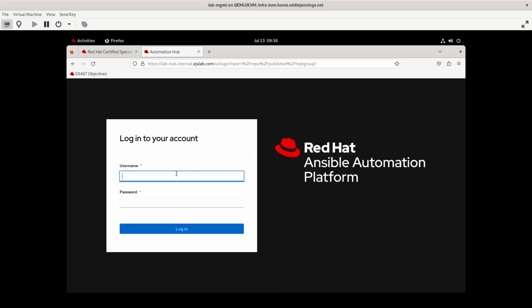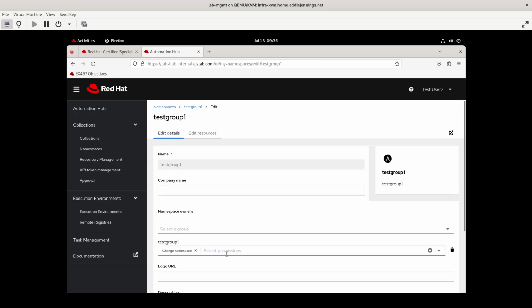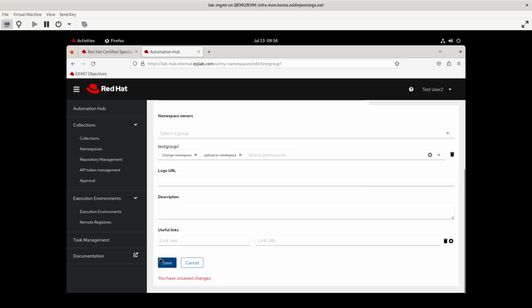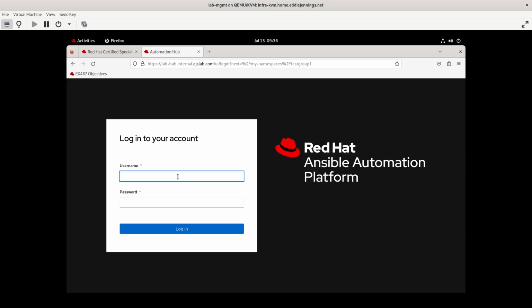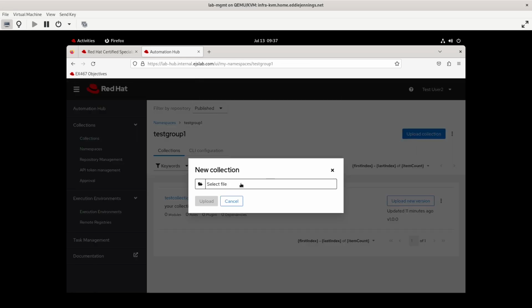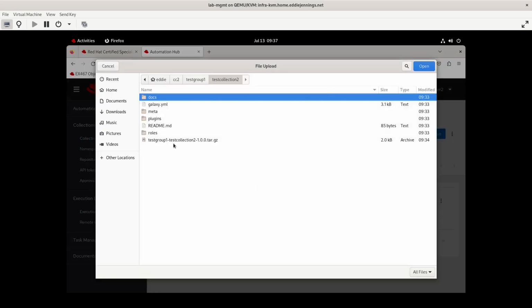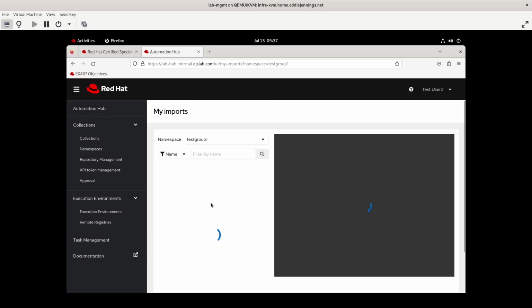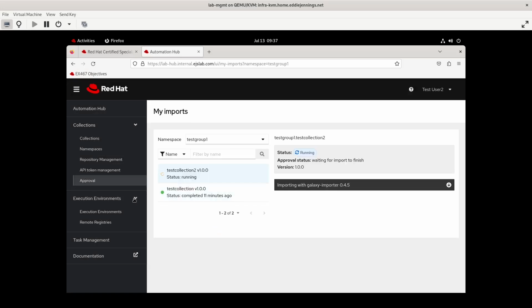But just to confirm that this will eventually work, let's now grant the namespace owners the chance to upload and confirm that that group can indeed upload, which it should not have a problem with this time. Yep, and it's doing its thing, and then we'll be able to approve it because of the modify collection repo